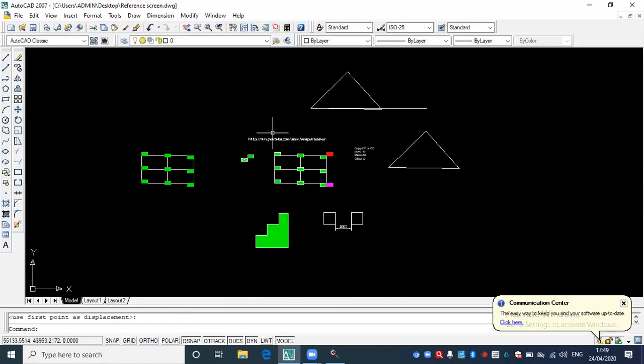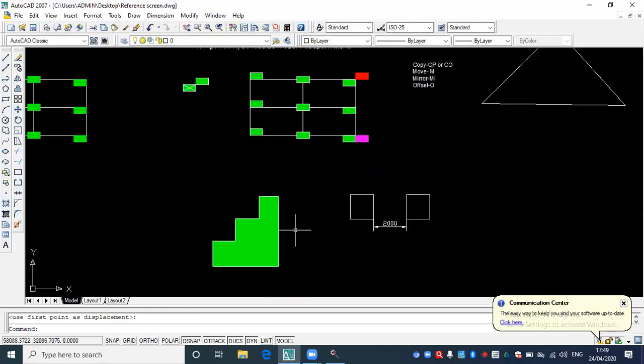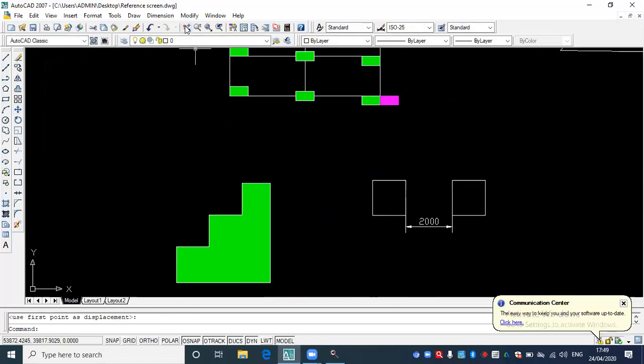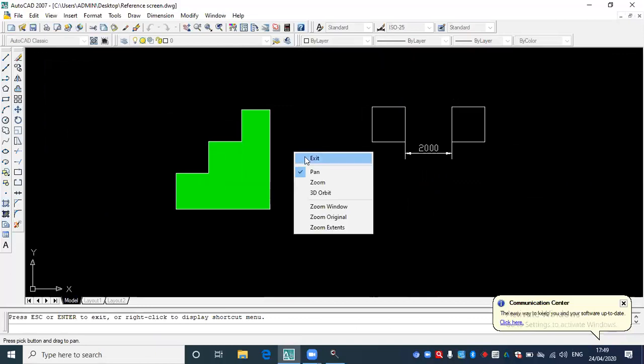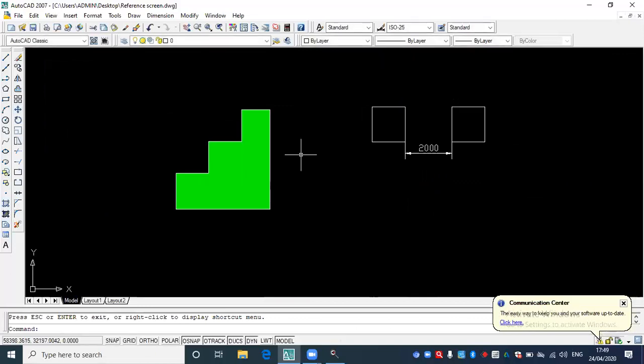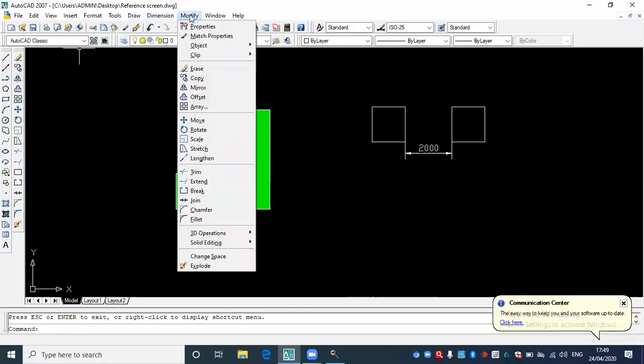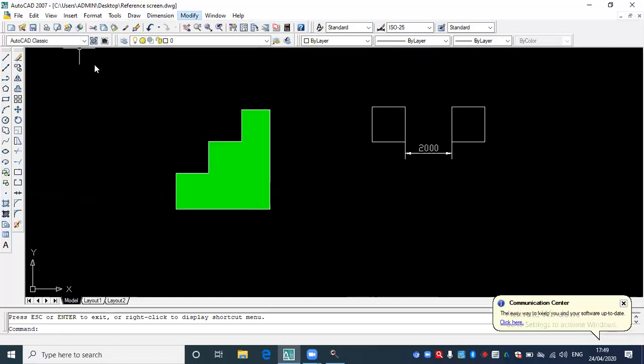Okay. Now let's go for mirror command. Let's learn how to use mirror command. So mirror command here, can you see this triangle? Two triangles between a line. This indicates the mirror command. In the modify toolbar, you can go to modify and select mirror, or simply type MI. That's the mirror. Okay, all are same.